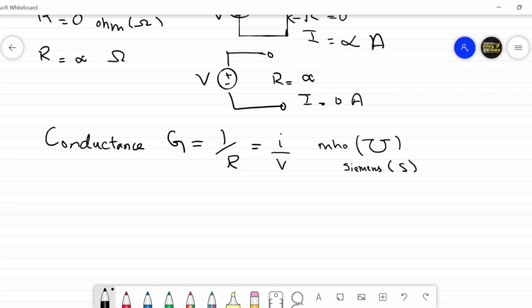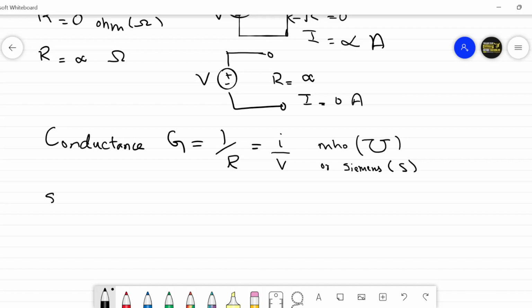So conductance is the ability to measure how much current can flow in a system. It's the opposite of resistance. So G is equal to I by V. Both these units, mho as well as Siemens, are SI units. Mho is denoted by an inverted ohm, or Siemens simply denoted by S. We have already seen the power equation of resistance.